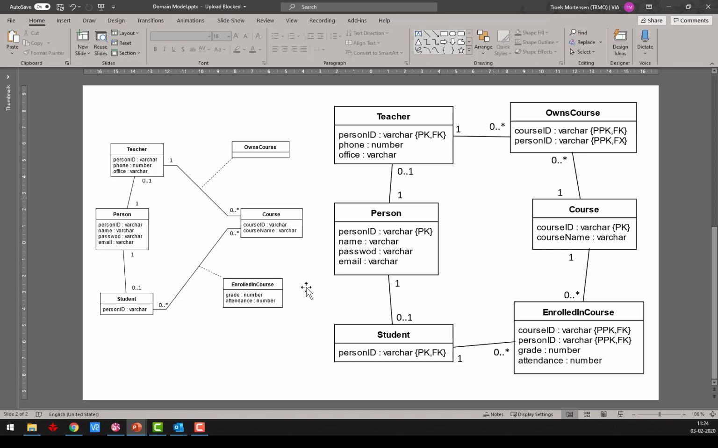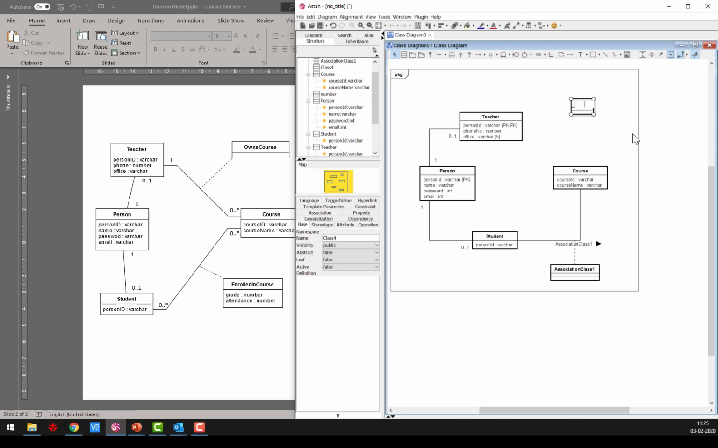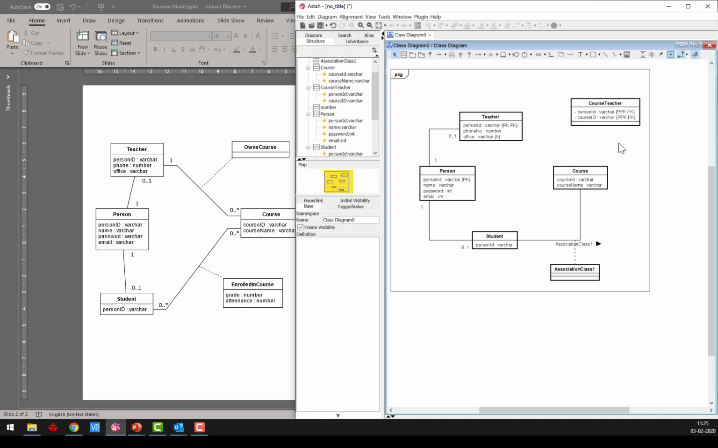If you wanted to, you could indicate, well, I cannot do it in this one. If I remove my ternary stuff over here and create it like that, let's just see, because I wanted to show you. We call it owns teacher course. I could not call it that. I'll call it course teacher, whatever. And I need a person ID varchar. There's a PPK FK, and I need a course ID varchar with a PPK FK. Okay, so I also want to hide stuff, operation, and extended